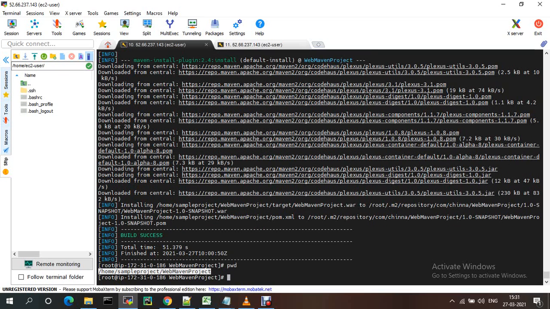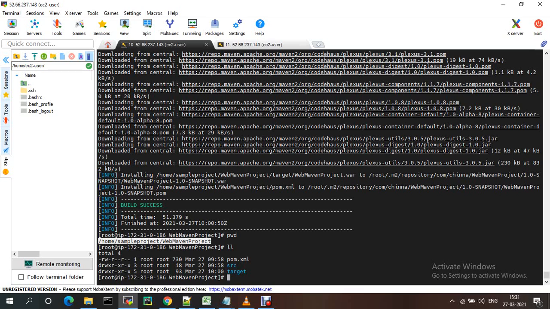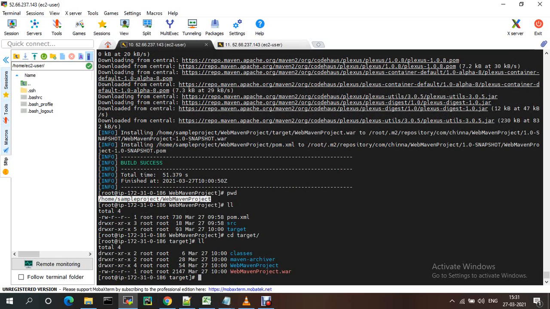Whenever the build is success, it will generate the target folder. Under the target folder the war file is there, and the dependent classes, everything will be there. You go to target. See, with the project name the war file is generated. This war file we need to move to Apache Tomcat under webapps.